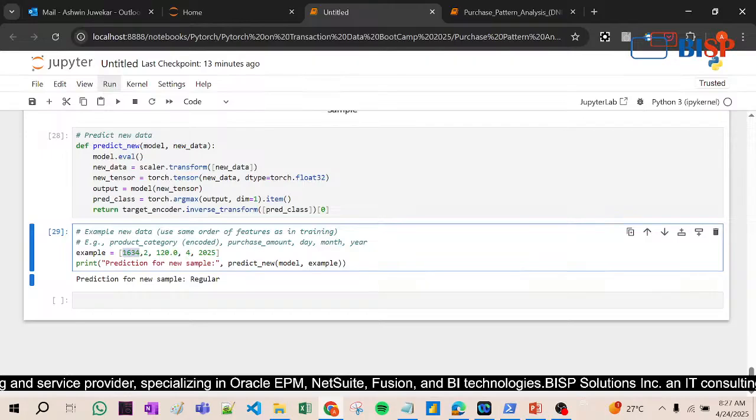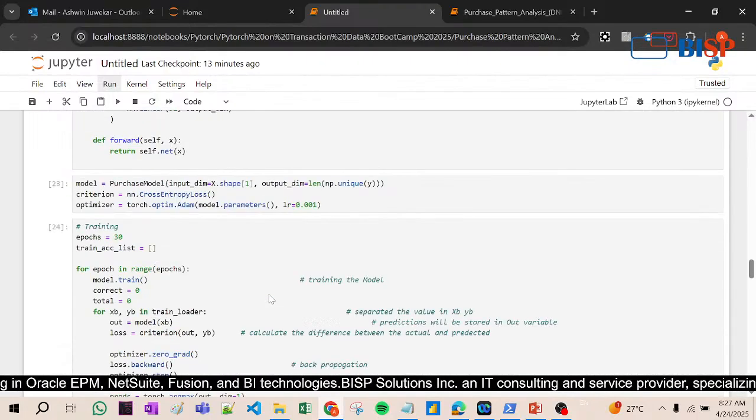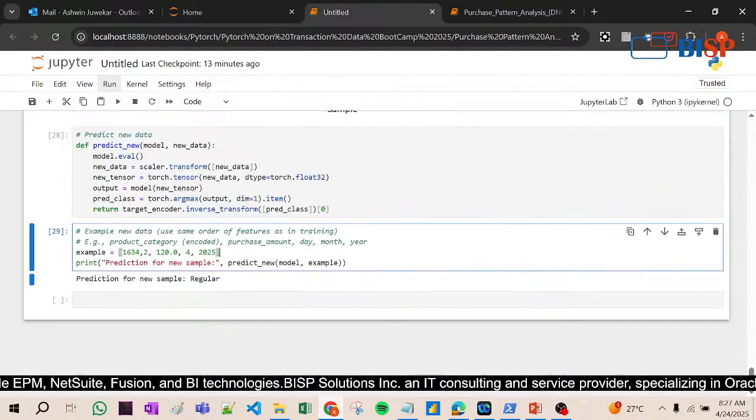And 4 is the month, and 2025 is the year. So 1634 is the customer, then 2 is the purchase category. Let's make it correct here: purchase category, amount.